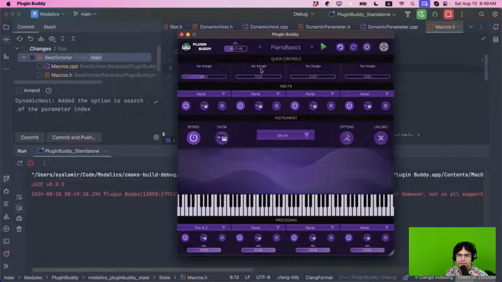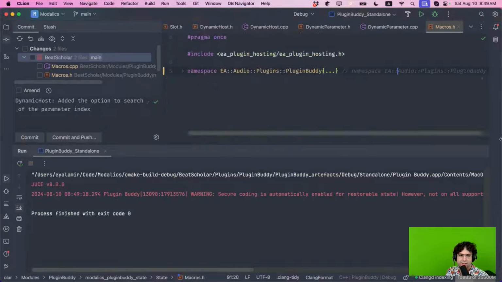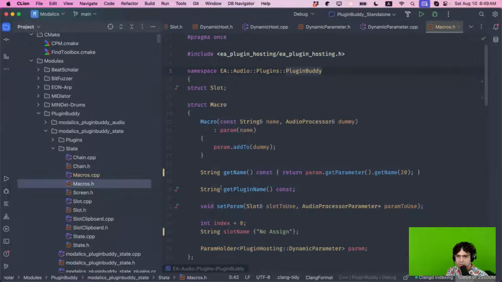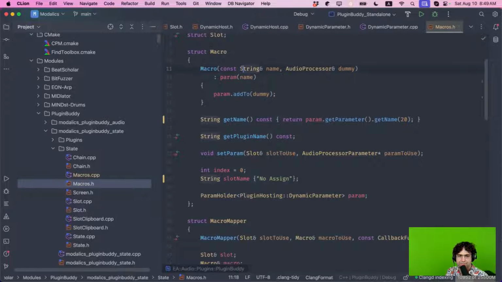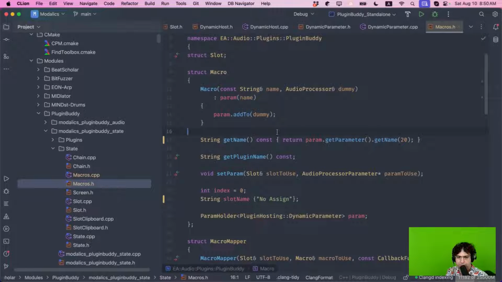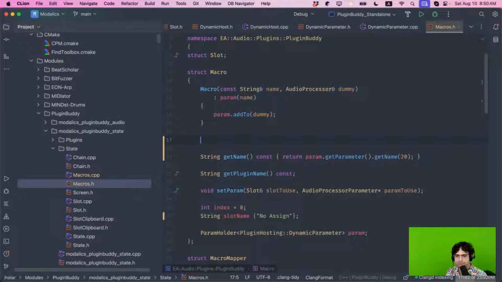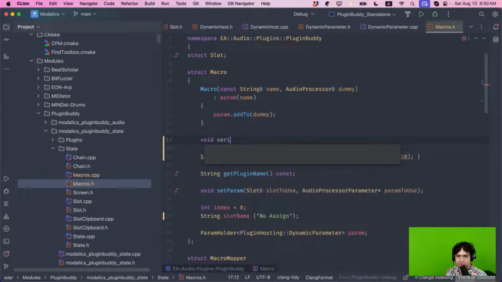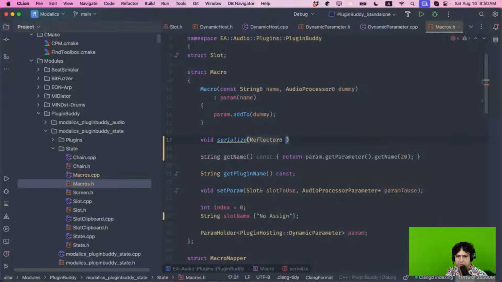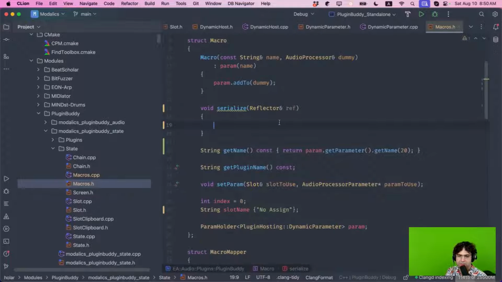Yeah, I didn't remember that, so I need a way to serialize this, or at least make these parameters recallable. So let's think of what the way to do this is. Yeah, so I need to add something like a void serialize function. Reflector ref, and this should do something like ref add